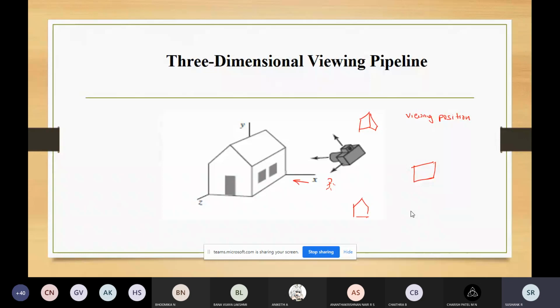And you can also move the projection plane away from the camera position, or you can also get a picture of the object in the back of our camera.